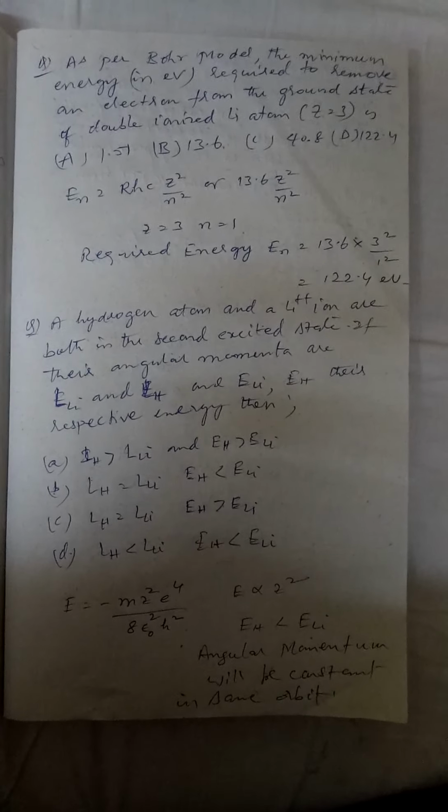The work function of a substance is 4 electron volts. The longest wavelength of light that can cause photoelectron emission from this substance is approximately... See, the work function phi is equal to h nu naught. Nu naught is the threshold frequency. Now it is equal to hc by lambda max. So this threshold frequency corresponds to the maximum wavelength.